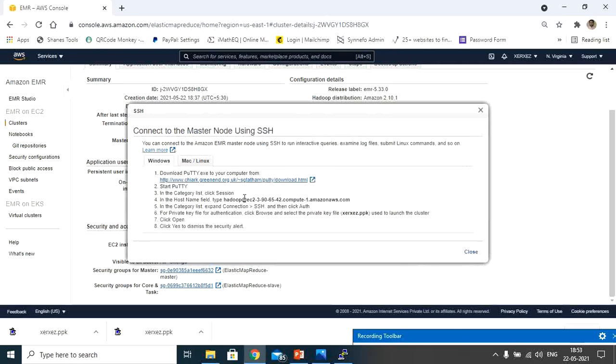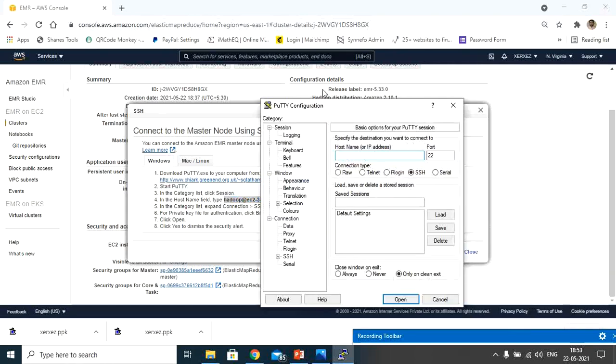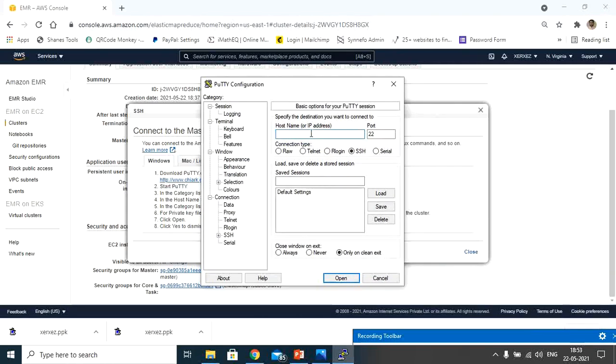It will guide you to the most important field, the host field. Just select this host field. This is very important for me. Select this, and next go to your PuTTY software. Here you need to paste it under host name, where the IP address or host name goes. There you have to paste. Next, port number, obviously it will be 22.